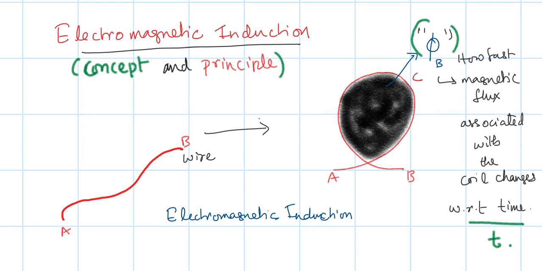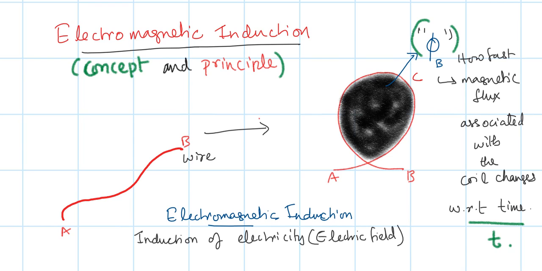The idea or the phenomenon of electromagnetic induction is in fact induction of electricity, in fact its electric field to be proper, induction of electricity. What is induction? Induction is actually synonymous to production or generation or to produce. Okay, so induction of electricity, in fact it is electric field